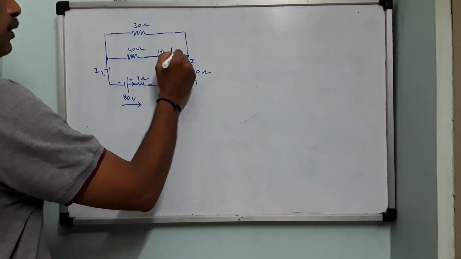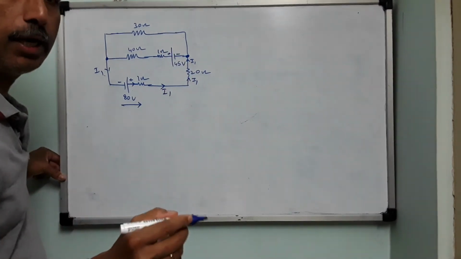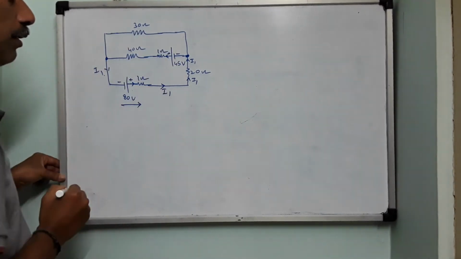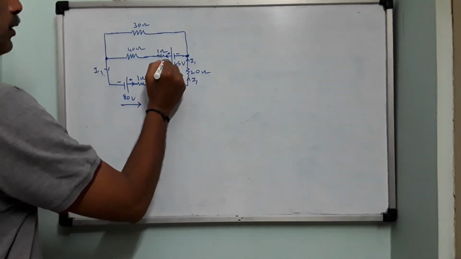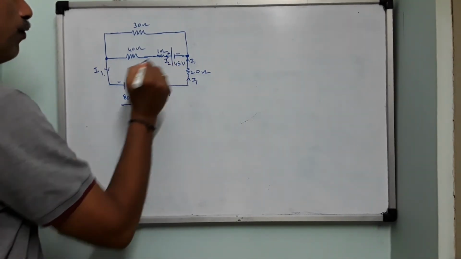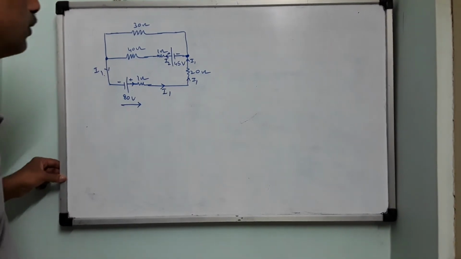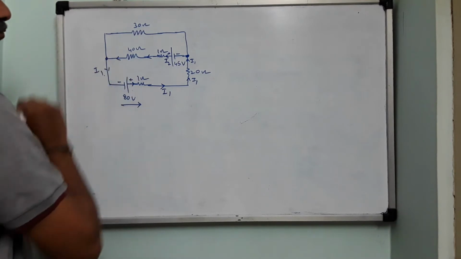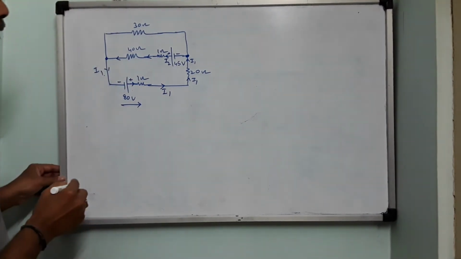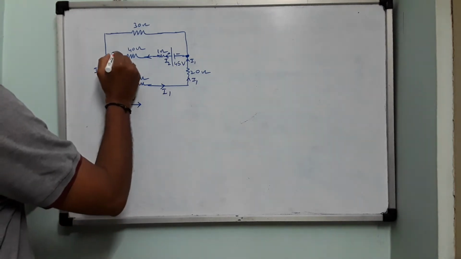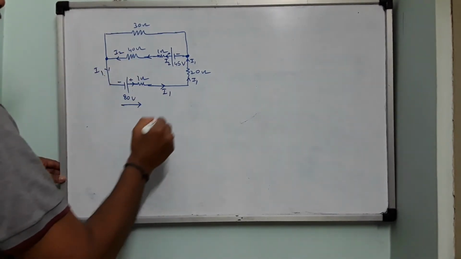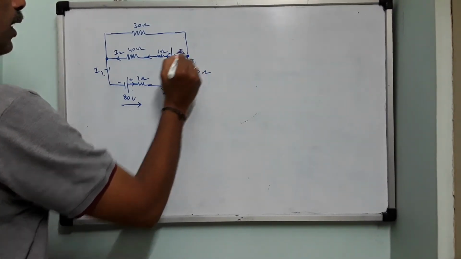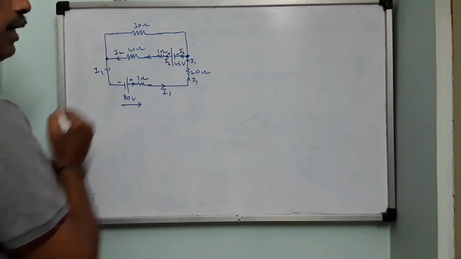So this is plus, this is minus. We discussed many times that current should come away from the positive terminal. So this is current, it is coming out from this cell. Is it clear? Now, let me name this current as I2. It's my freedom. I am at liberty to name the currents. So this current will flow here, and it will come here. Okay, right. Now, what is this amount of current? I2. So here how much current should be there? I2. Because this entire branch should carry the same current.